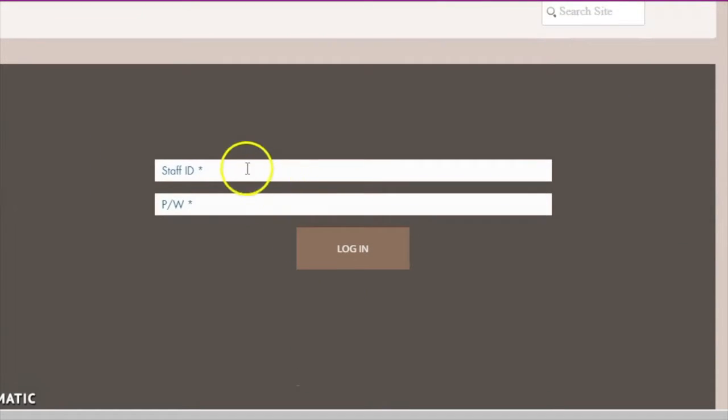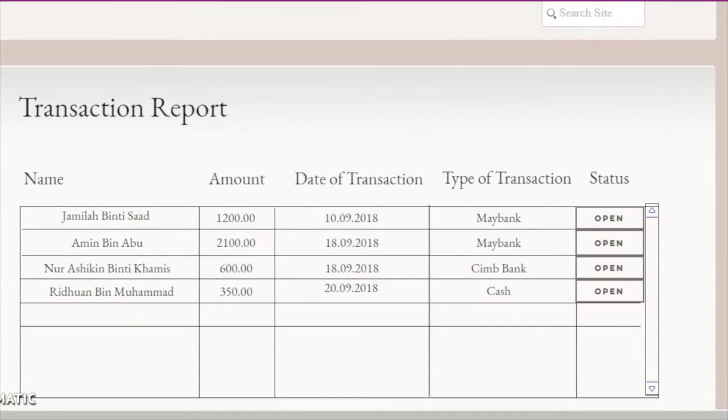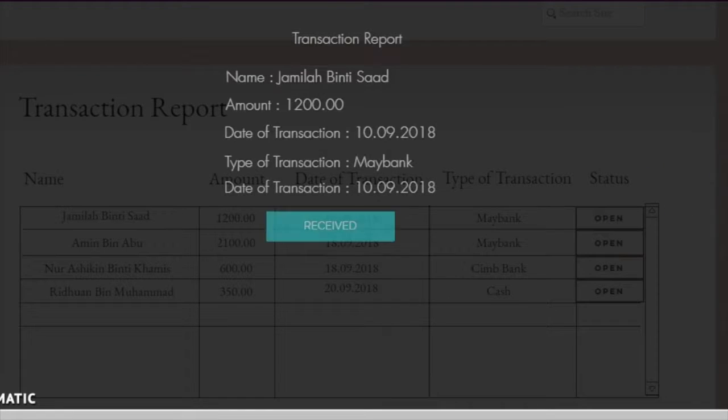Firstly, we will put the staff ID and the password. After we log in, it will generate to the transaction report. This one we can see all of the information of the customer that already made a payment. So we will go to Jamila binti Saad and we open the information. This is the transactions report of Jamila binti Saad, and then we will click the receive button